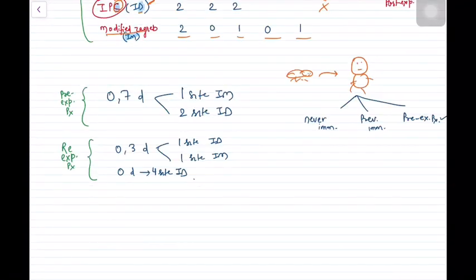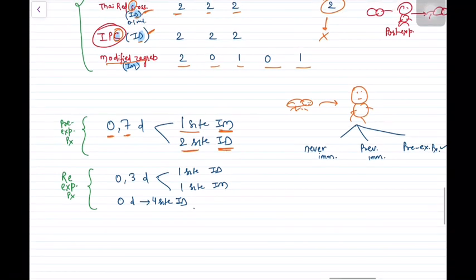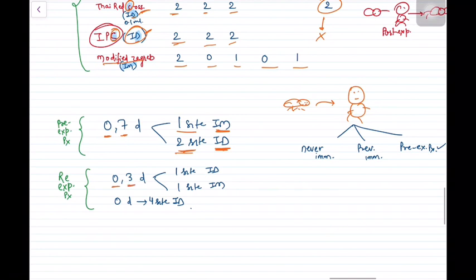Then in pre-exposure prophylaxis, you are giving on day 0 and 7. Either you can give intramuscular on one side, or intradermal on 2 sides, because we said intradermal is for 2 doses. Then re-exposure prophylaxis, you are giving on day 0 and 3, intradermal one side only here, and intramuscular also one side. Or you can give on day 0 itself intradermal on 4 sides. So this is the accelerated dose.